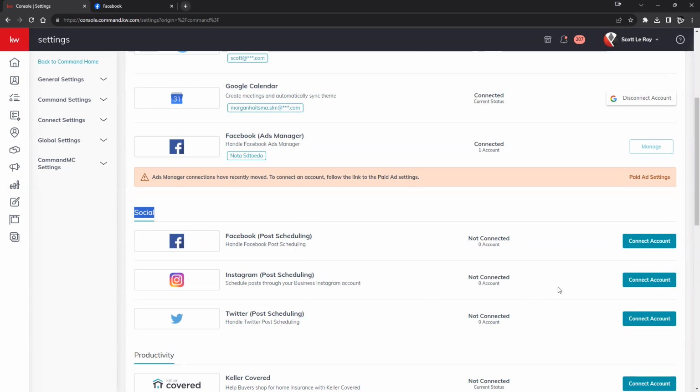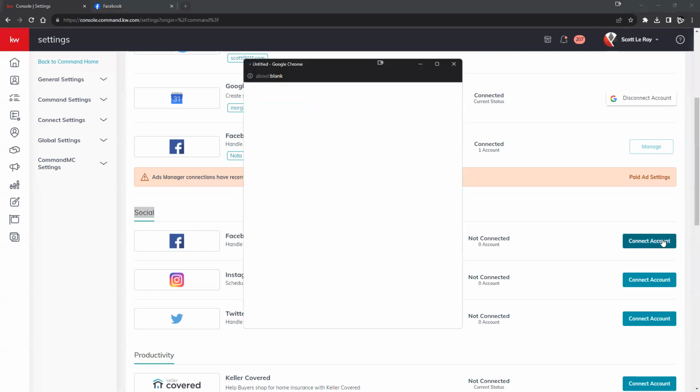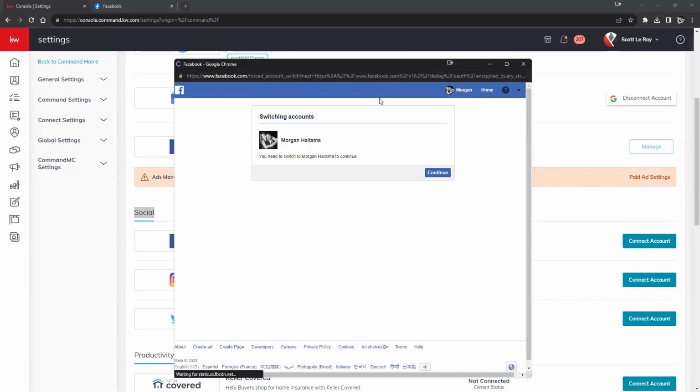For today, I'm only going to really focus on the Facebook and maybe a little bit of the Instagram as well. Facebook post scheduling, we'll just simply click on connect here. It'll bring a pop-up here for us. It'll ask us to connect our